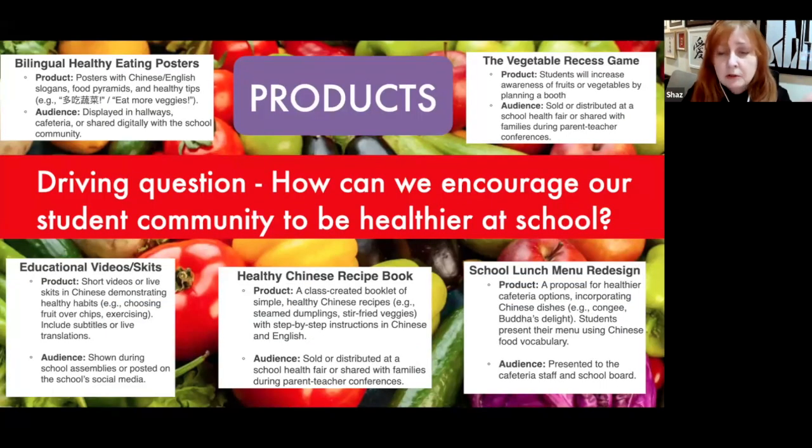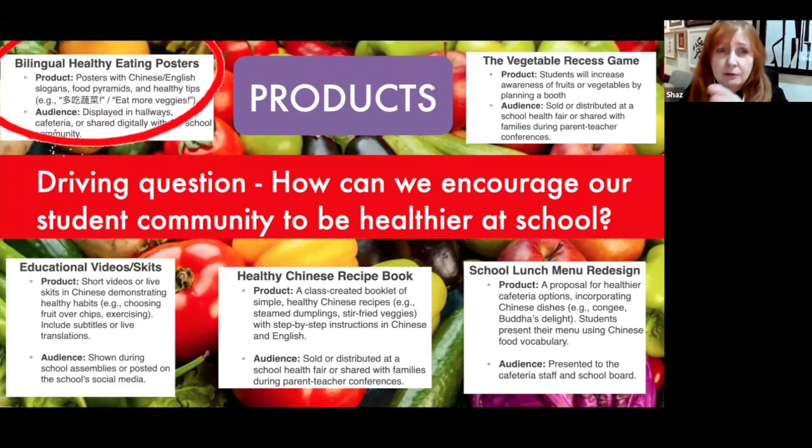So once you give the kids the driving question, then you would have a brainstorming session. And depending on the grade level and the level of the Chinese, this would probably be done in English, but you as a teacher can introduce some core vocab as they're brainstorming.